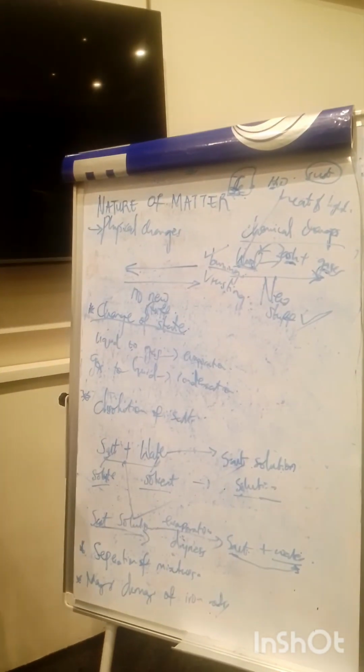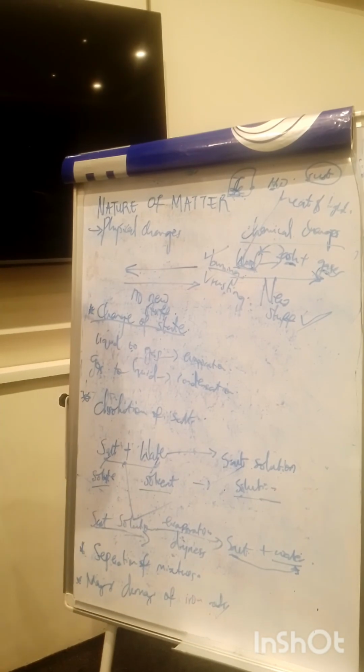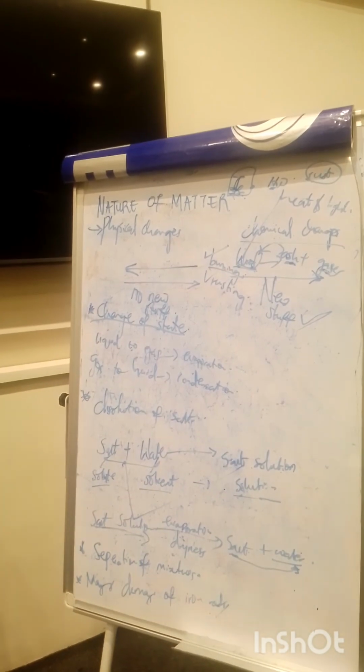We have addition of water to quicklime. We have many more examples. Are you with me? Addition of water to quicklime. You can call it slaking of lime actually. And then we have fermentation and decay of substances. When substances decay, they will give rise to new stuffs.